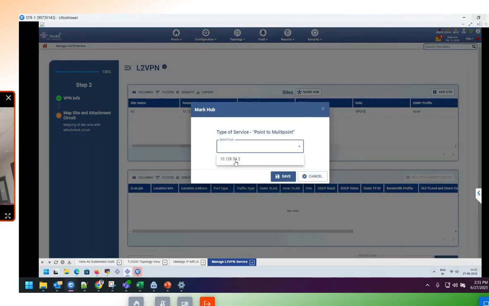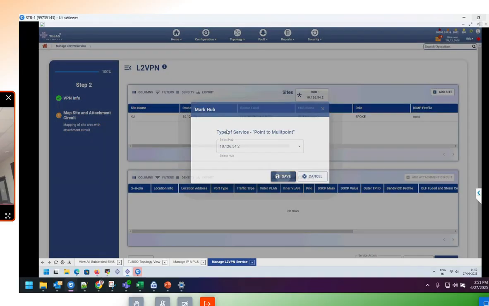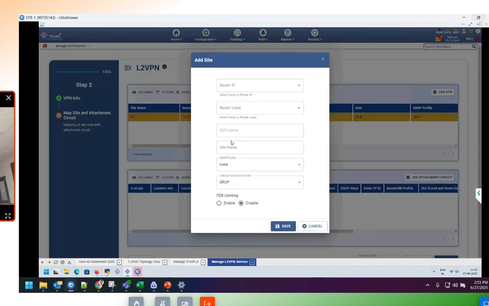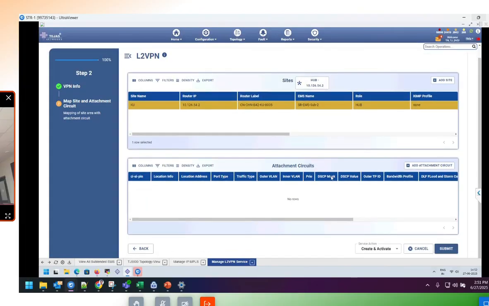This is a hub and spoke service. We can mark it as a hub, and we can add spoke routers and add attachment service, and port, and tagged or untagged, or if it is TLS, then TLS. Like that you can select another router and activate it. This is the L2 service,